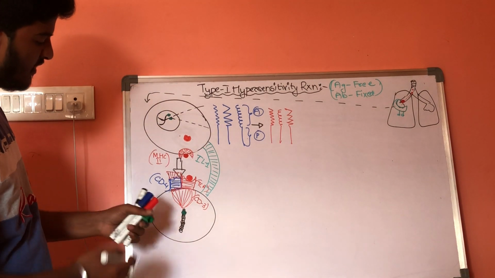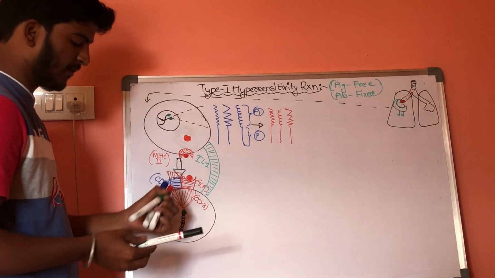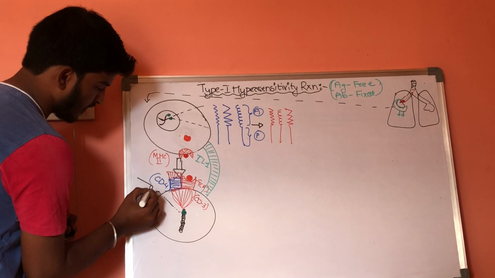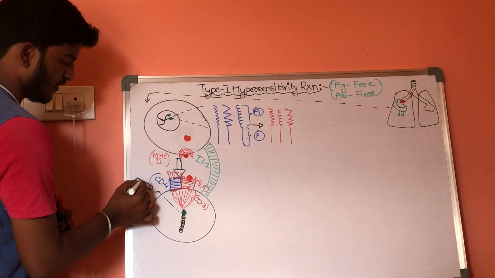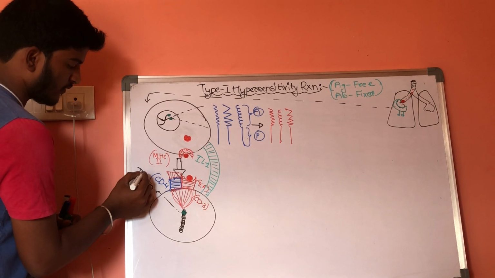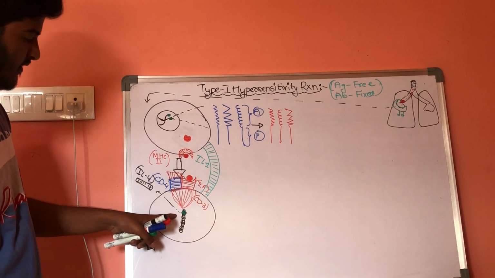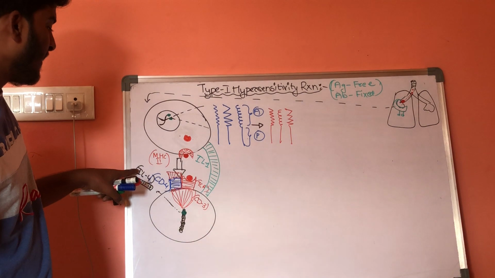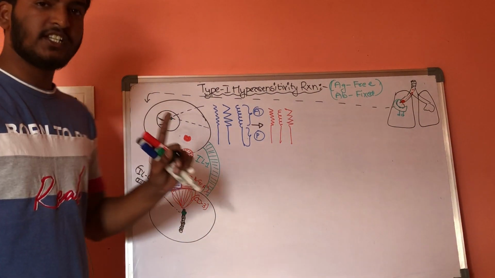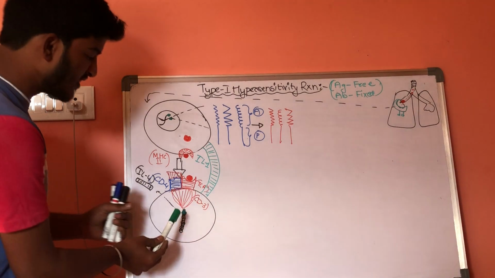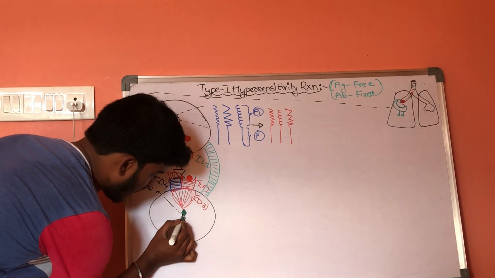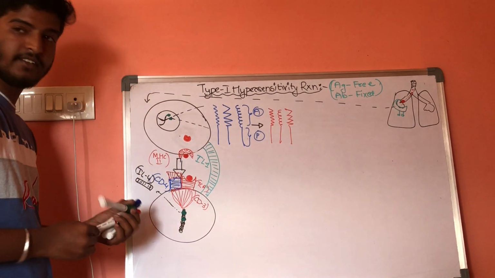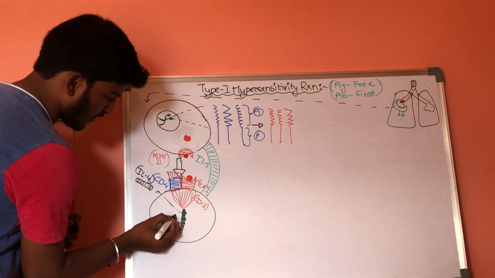Now, this gene will generate a special type of protein that is called interleukin 4. Whenever this gene which is present on the genome of the T helper cell is activated, then it produces a special protein, that is interleukin 4. Now, after that, the gene which is present alternate to this special gene, another gene will get activated. So whenever this other gene is expressed, then it releases one more special protein.